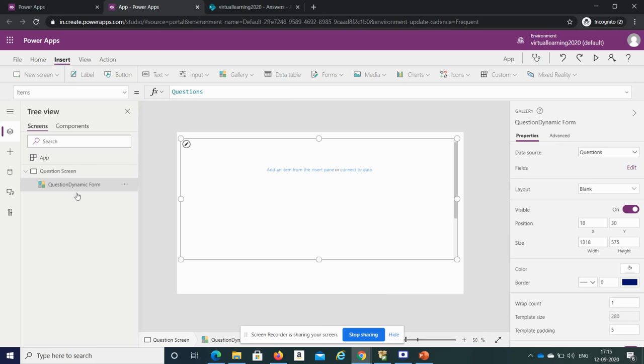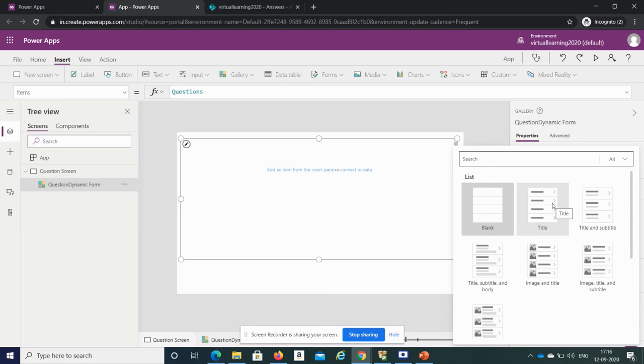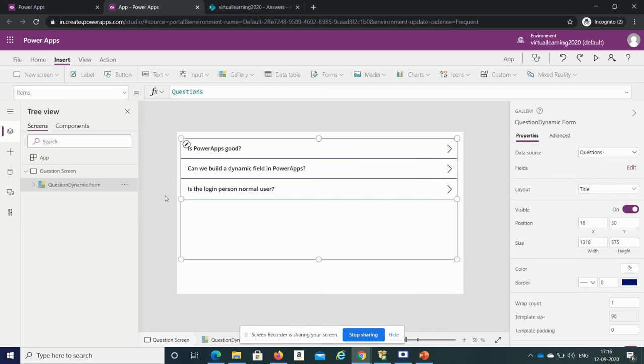So here we need to add the control. For example, suppose the layout for this browse gallery is blank. So no controls are there inside this gallery. That's why it is not showing anything. If we want to show anything, we need to create a control inside this. If I select title, you will see some controls are created under this title.